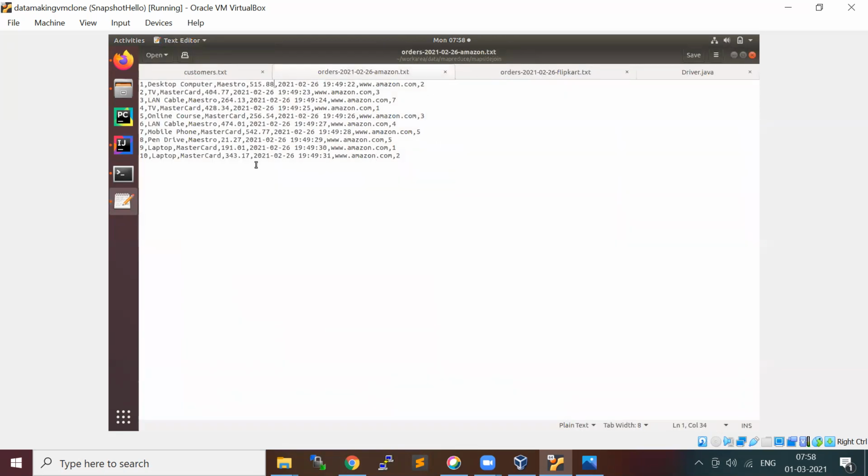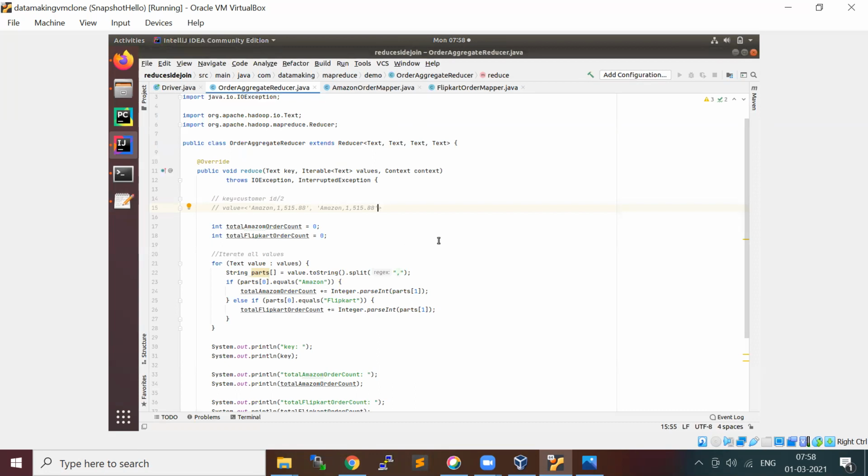The last one, so it is this. So from the Amazon sales for customer ID 2, we found two records.